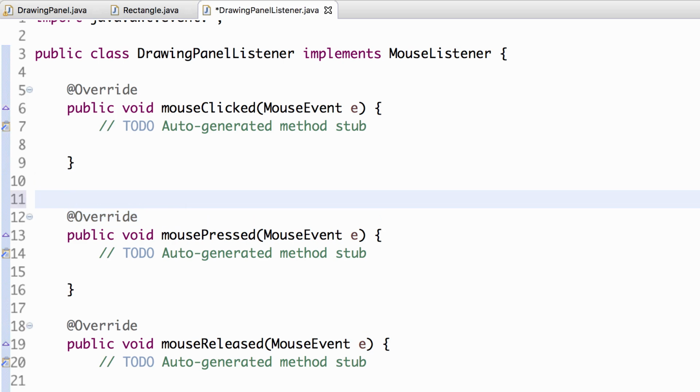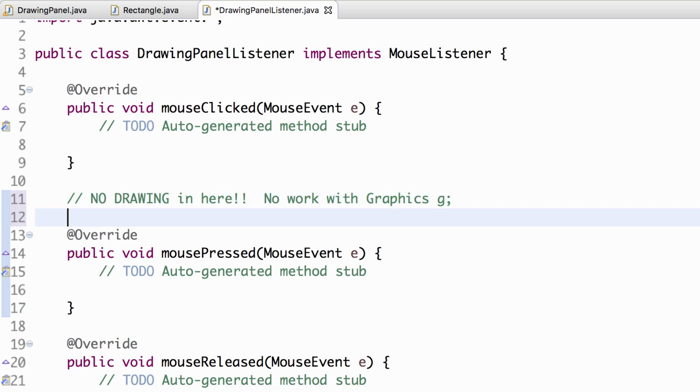When you press the mouse, remember, do not do any drawing with graphics G. No drawing in here, right? Don't do any work with graphics G. The textbook author explains this, that you can actually do some weird methods like get graphics, and he even does this. He violates the stylistic principles he outlined, which I agree with. So do not get graphics and work with graphics G in here. Only work with graphics